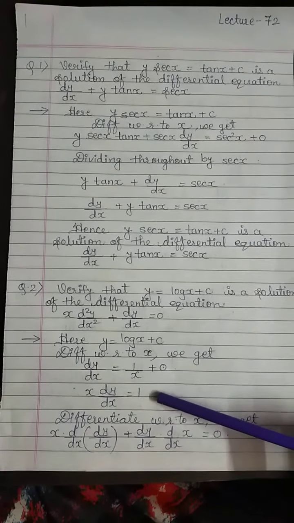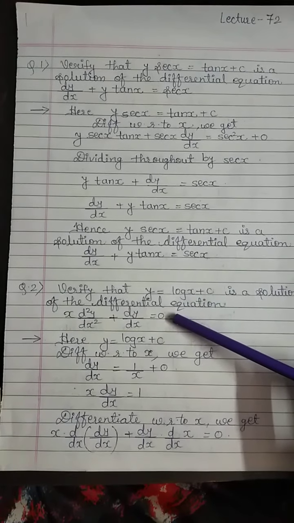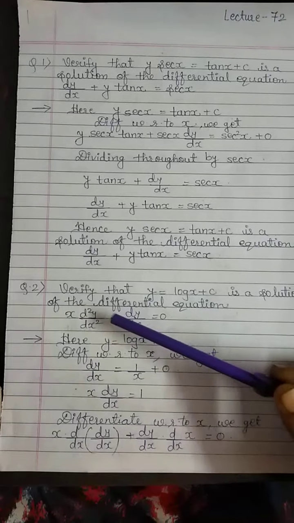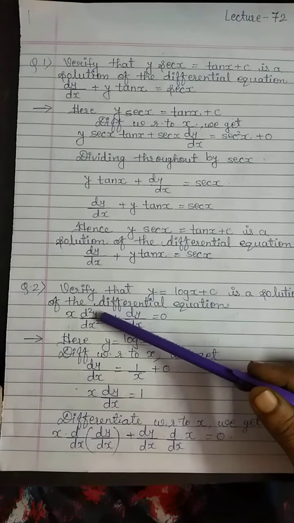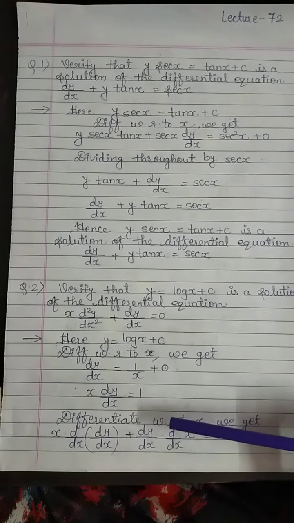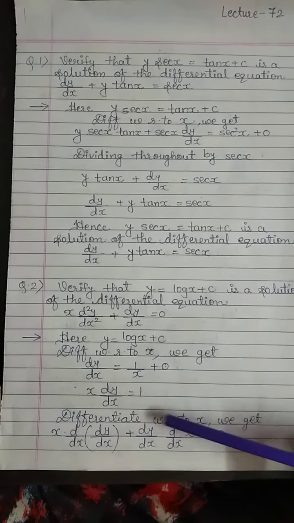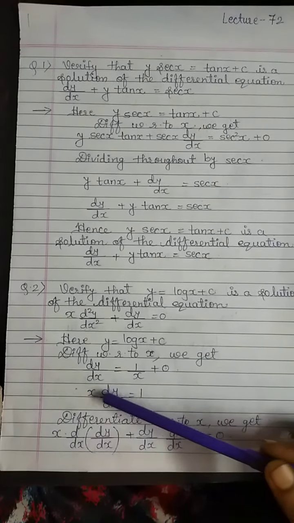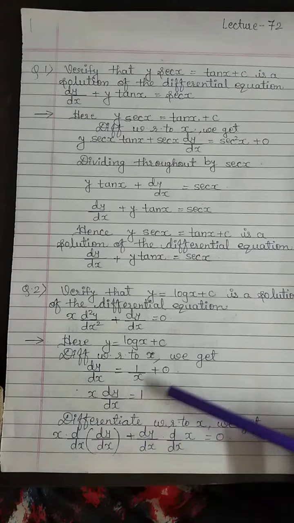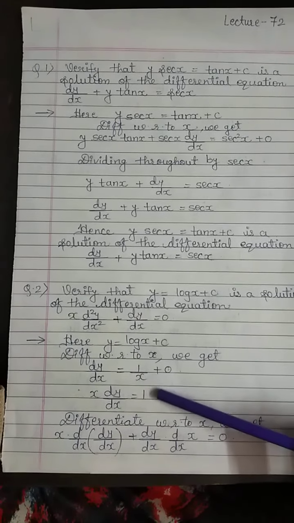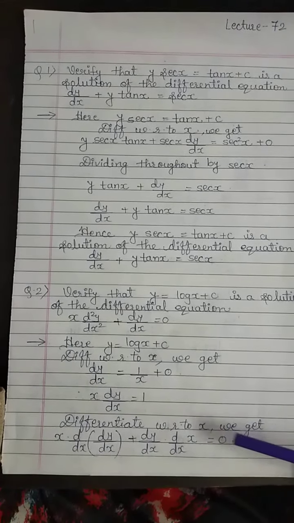Now if we compare with the differential equation which is given in the question, then here we have second order degree for the given equation. So we need to differentiate this equation again. So again differentiating with respect to x, we get, here we are going to apply the u into v rule and to the right hand side we will write 0 because 1 is the constant, so derivative of 1 is 0.